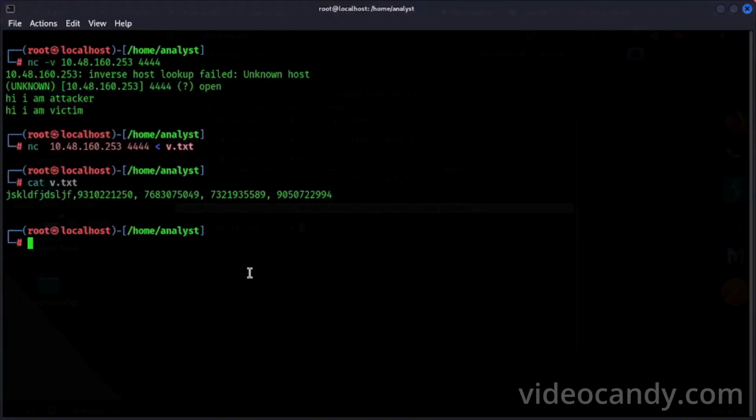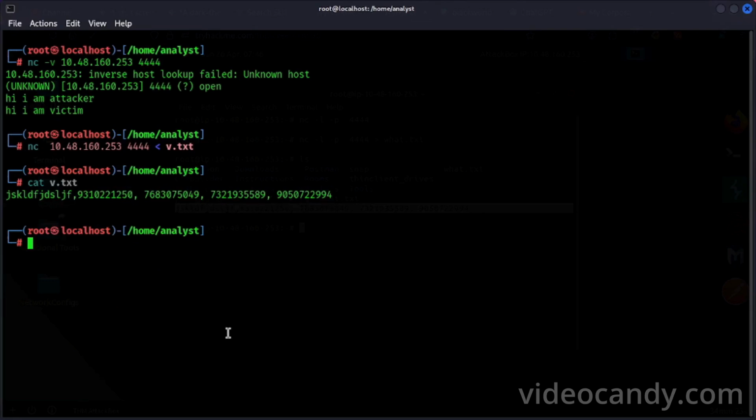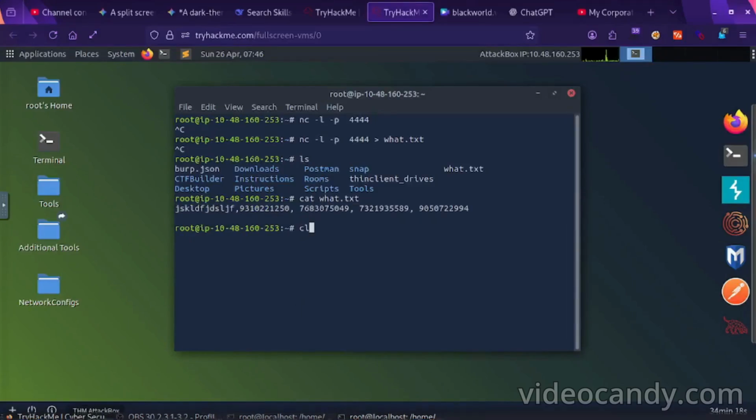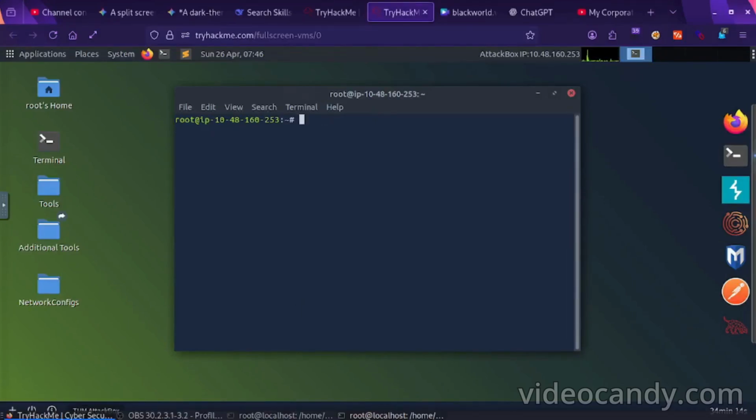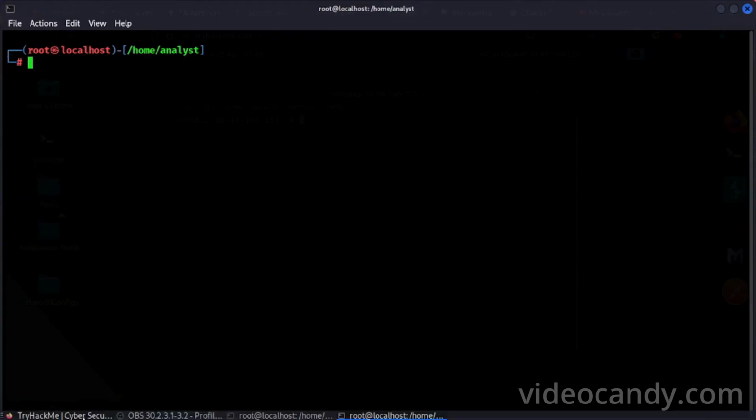So the second method is file sharing. The last method is generating a shell and taking a reverse connection.